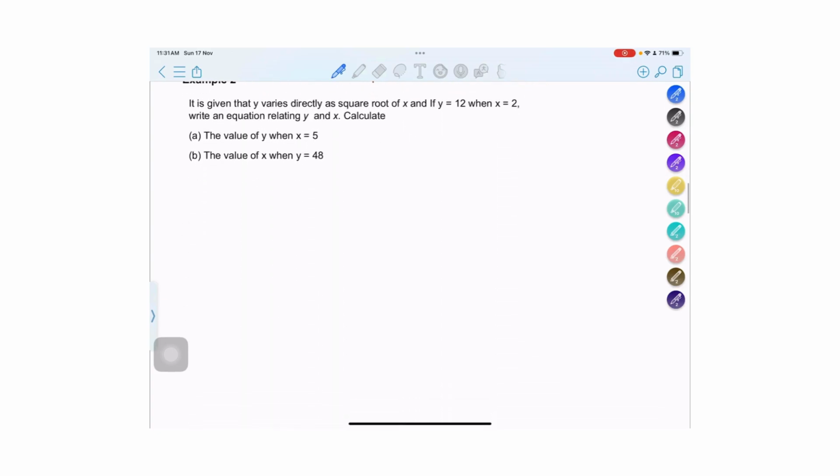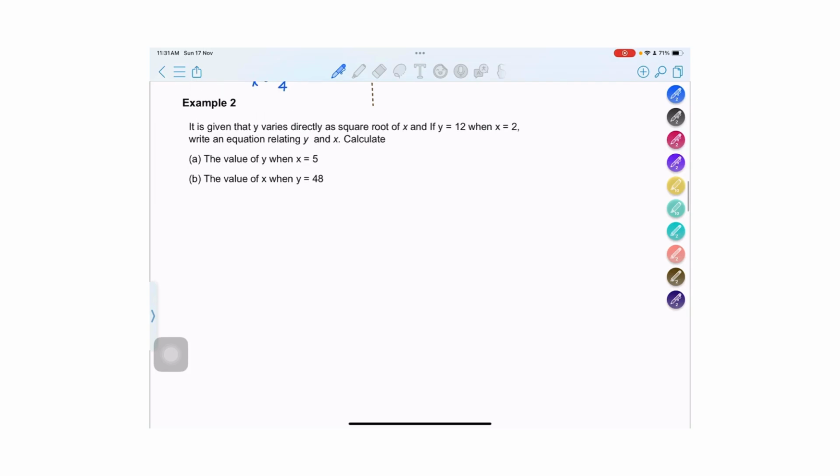Okay, second example, in the question they say that it is given that y varies directly as the square root of x. First part of the question, they say if y equals 12 when your x equals 2, they want you to write an equation relating x and y. Now we look at the main question. Form the equation first. So from the keywords here,